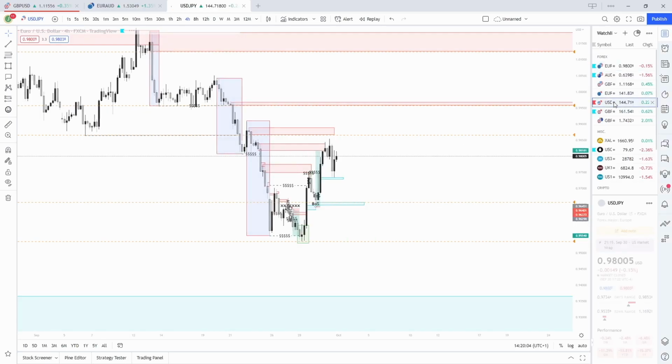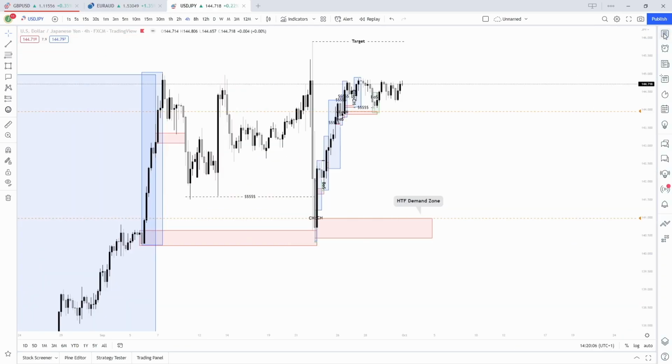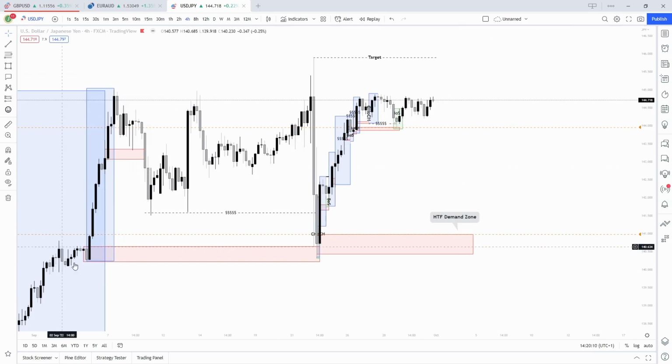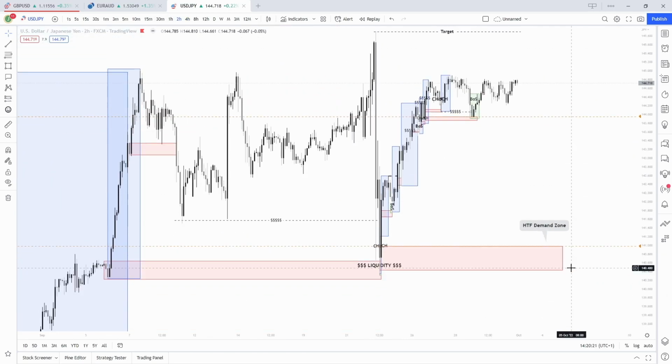Finally, the US dollar to the yen. Looking inside of here, we see that I was waiting for this zone to be tapped since the 7th of September. It got tapped on the 22nd, and we pretty much spent all of last week looking for buy positions